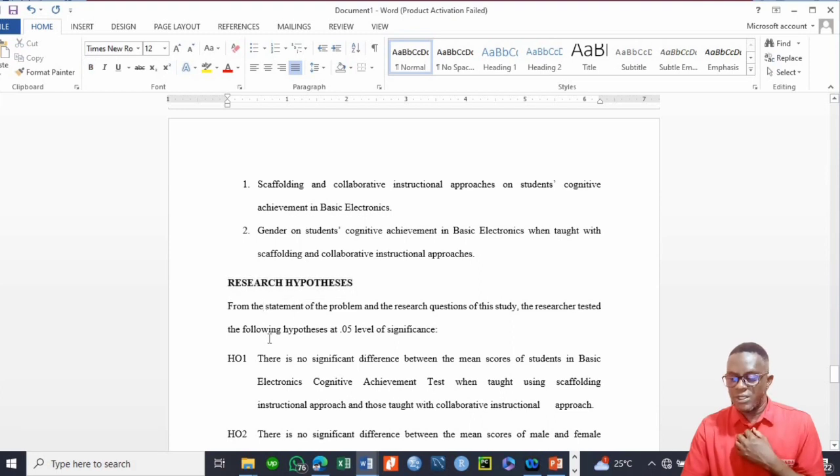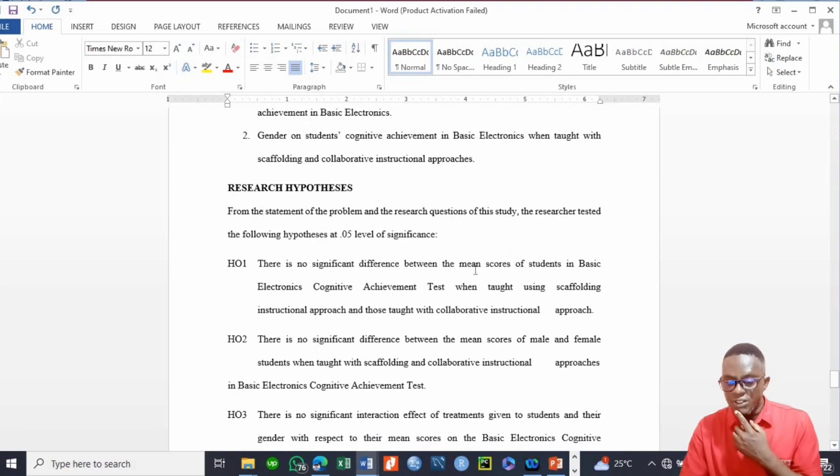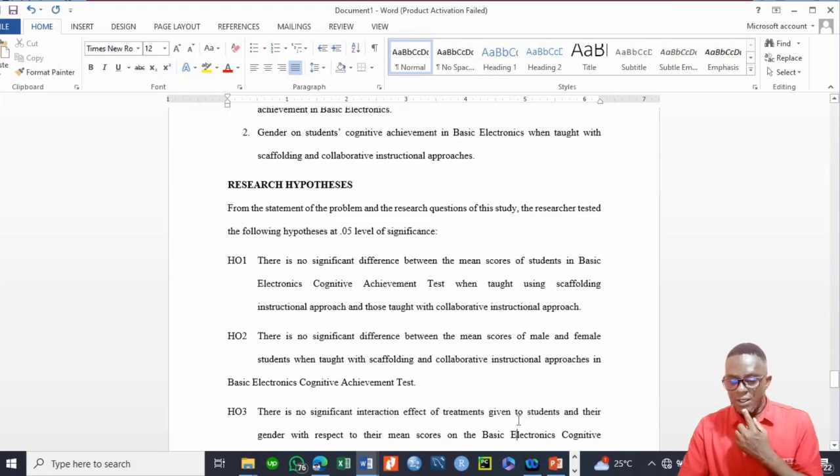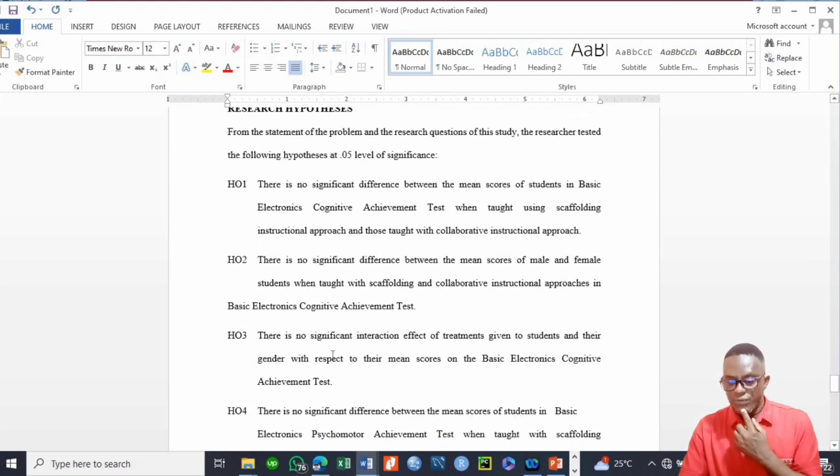Next, we will see the hypothesis. For this one, there's no significant difference between the mean scores of students. This is cognitive achievement. This is psychomotor. Yeah, mean scores of students taught with scaffolding. Good. So this is cognitive, right? Then this is also cognitive. So from hypothesis 4 down now,